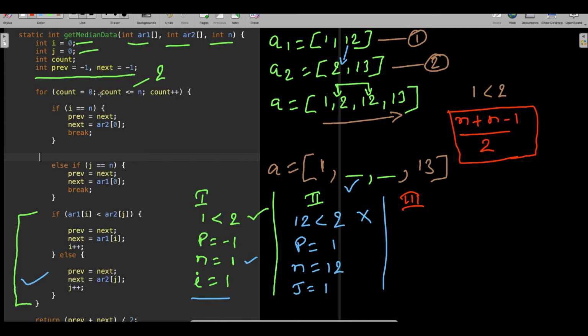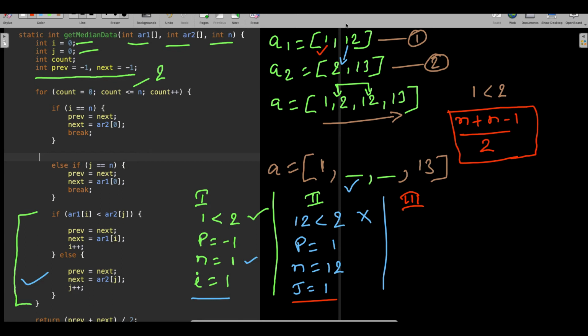Now counter became 2, so one more run will run, counter became 2, so the third run. In the third run, i is also 1, j is also 1, right. So what you will do, i is 1, which means you will compare now. So look at here, this got processed, okay, and what happened, this got processed, and then when you see here, right, so next is also got processed.